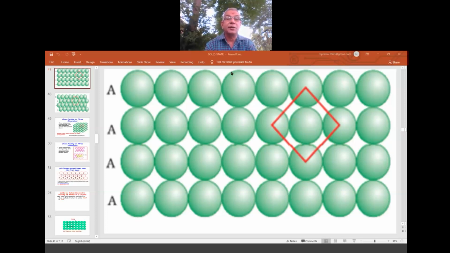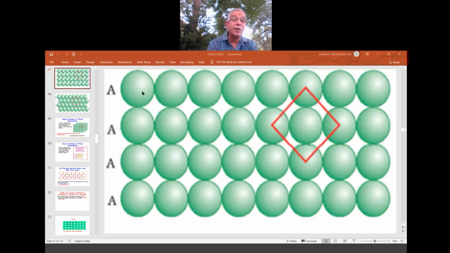Okay, right. When we keep one layer over the other layer in 2D, all the layers are the same, A type layers. Just one name is given, similar name A. You can take it B also. So similar balls keeping one over the other gives you square close packing, because by selecting one particle, one ball, around that there are four others. If you join all those centers, it looks like a square. That repeats everywhere. Therefore, this packing in 2D is called square close packing.